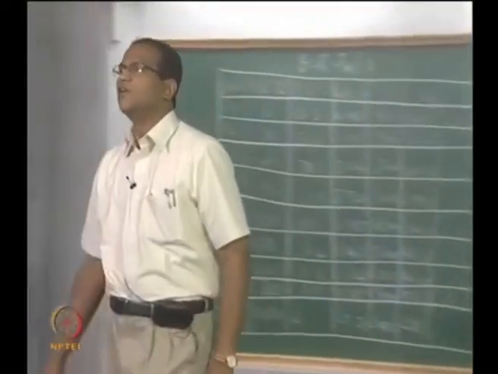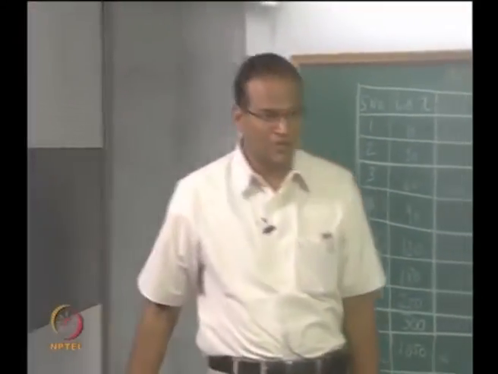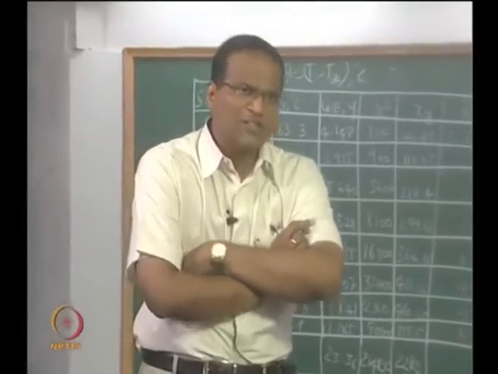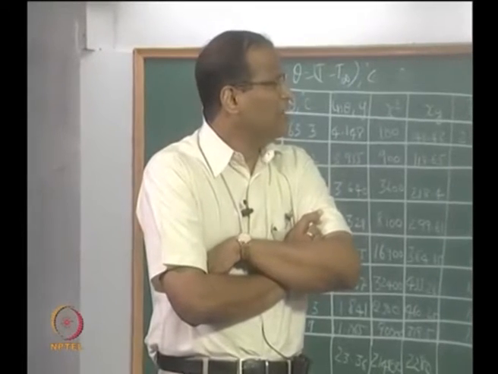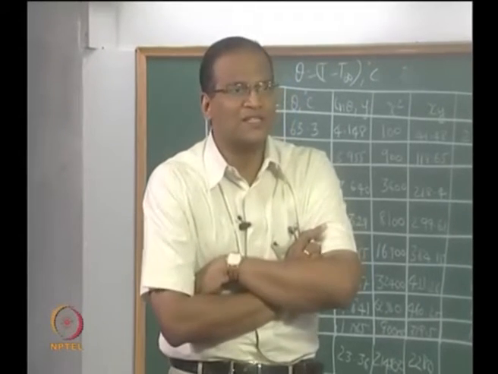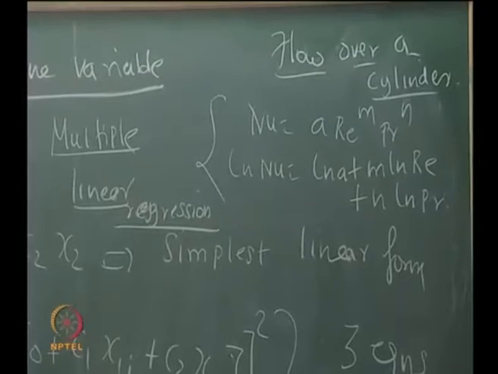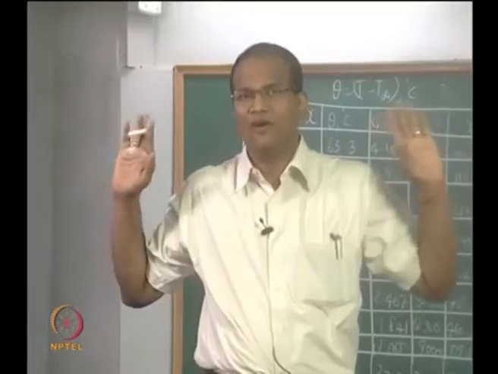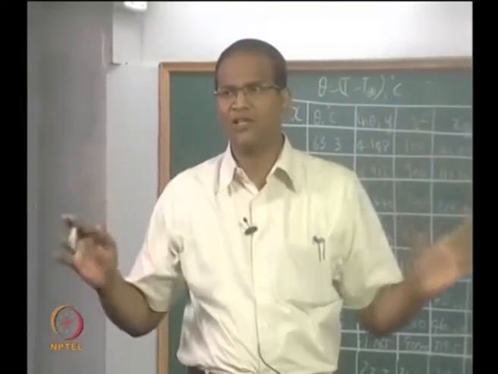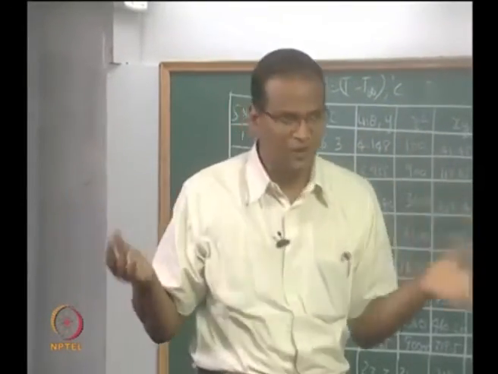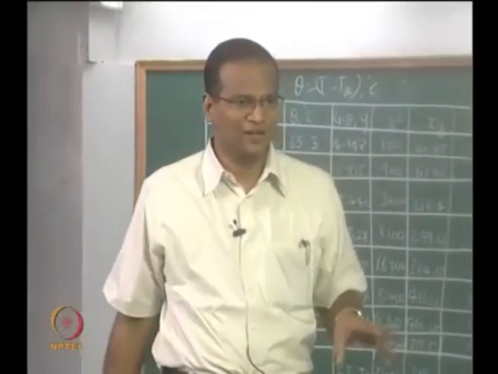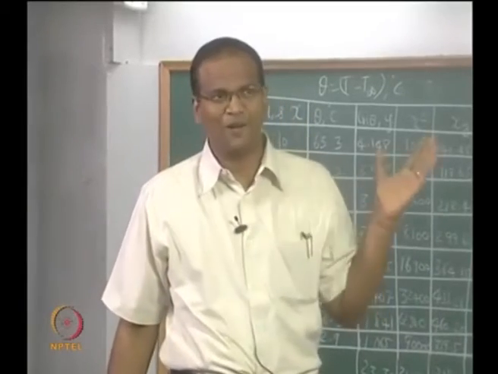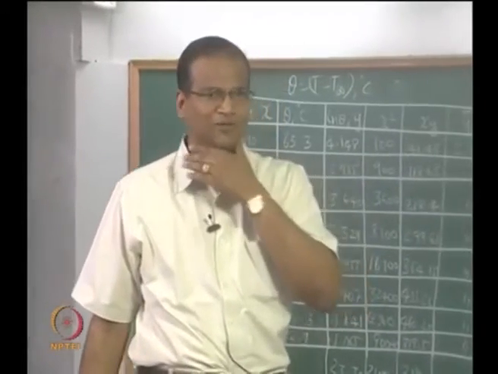So it is not only that you have to stop with one variable, you can do several variables, and it is not that you should always have only a straight line, it can be a power law form also. But if you have Nu equal to a Re to the m Prandtl to the n plus c something, then you are sunk, then it becomes a nonlinear regression. So for certain kinds of problems you can do all these tricks, these will all work. Beyond a certain point you have to throw up your hands and go for nonlinear regression. It's not that it cannot be done, you have to do nonlinear regression, which is a little more difficult.